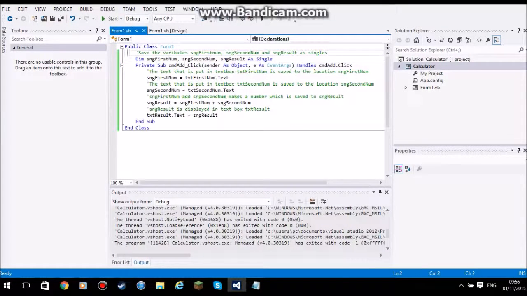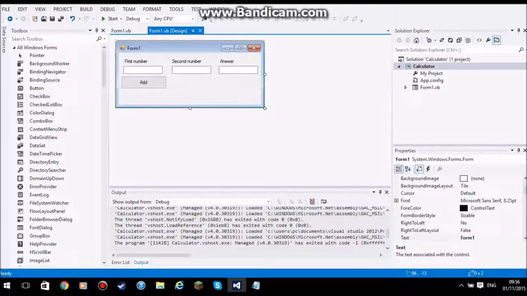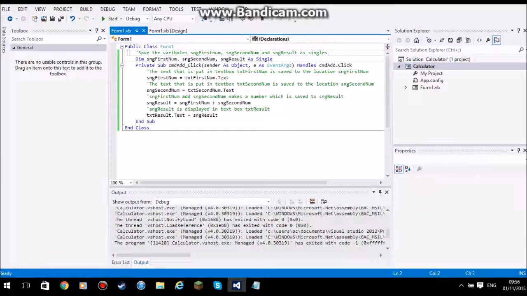So we've got a public class for Form1, which is this, and in that we have the input. Obviously it's all technically in this public class, but this is the bit that applies to public. So this doesn't apply to public anyway. So we've got these three, and then here we've got the private sub for